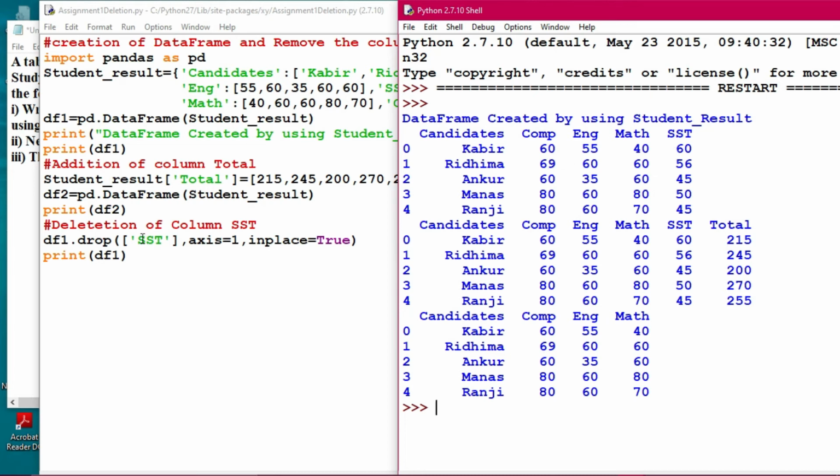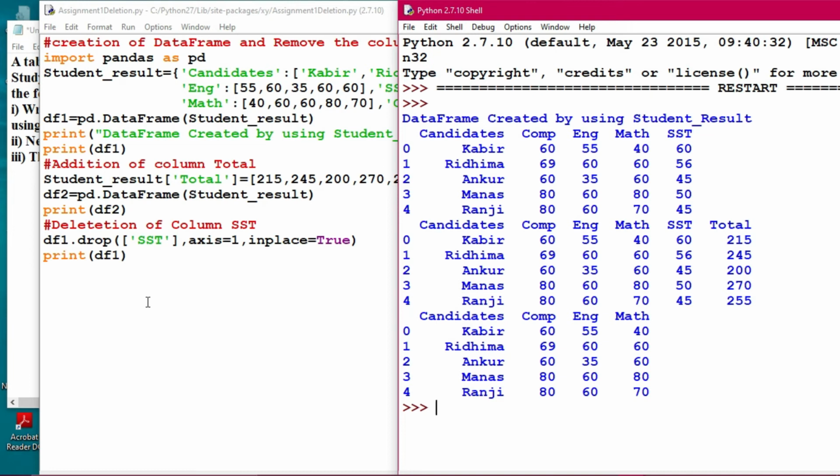Whenever you delete, you have to do two things. You have to remember very nicely: use the data frame object, and then use inplace equals True. Otherwise it will not be deleted, and the syntax will be wrong. You saw the error when I used the dictionary directly, student_result instead of df1, so that was not accepted. Always carry on with these comments, and be very careful while doing deletions.